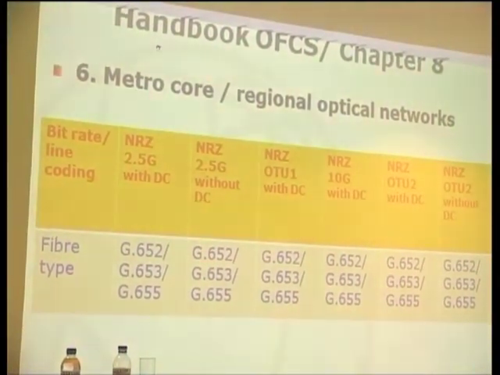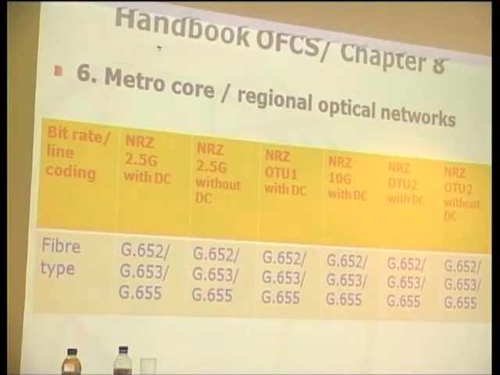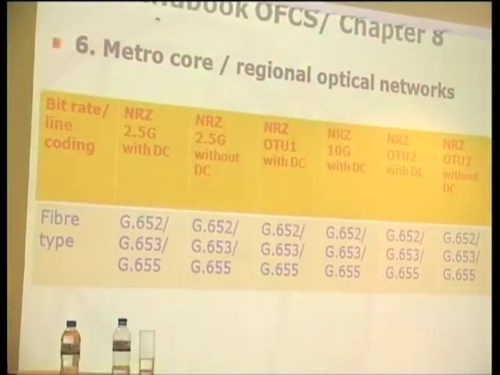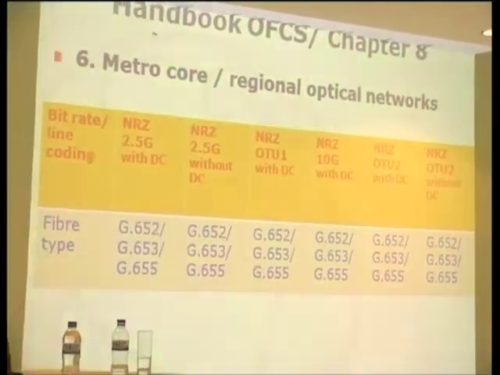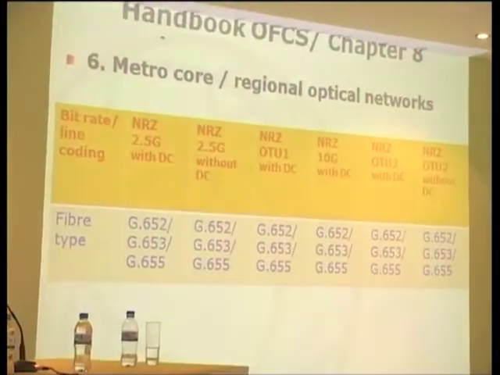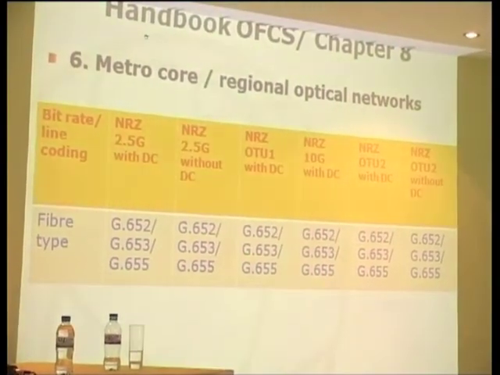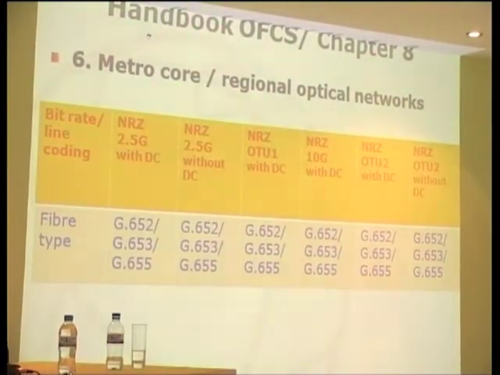This is the application table, which means that the system which have been specified are those appearing in the table, which means they are all non-return to zero. They are 2.5 gigabit per second, which means